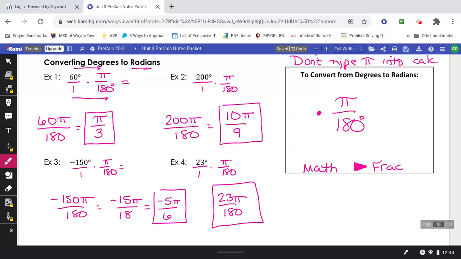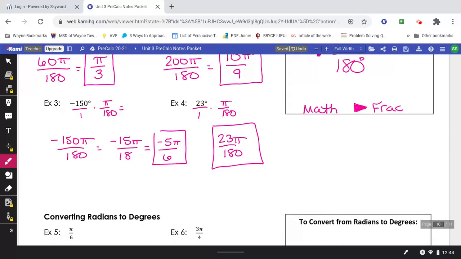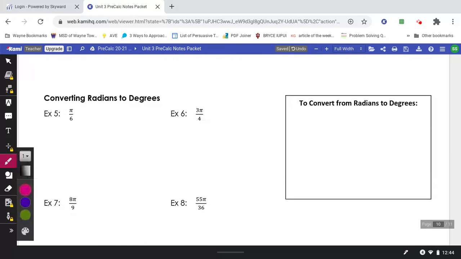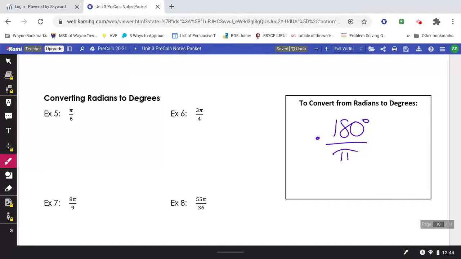Okay, so now we're going to go the opposite direction and convert from radians to degrees. And we're going to have the exact opposite thing happen. We're going to want to multiply by 180 over pi. So you're going to multiply by 180 over pi. And the pi's are going to cancel,